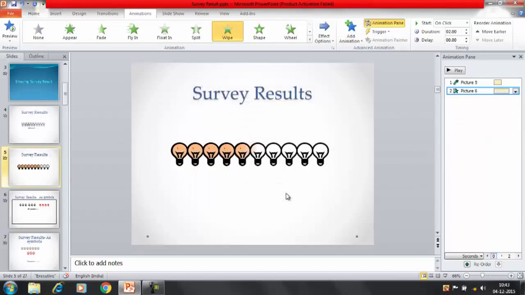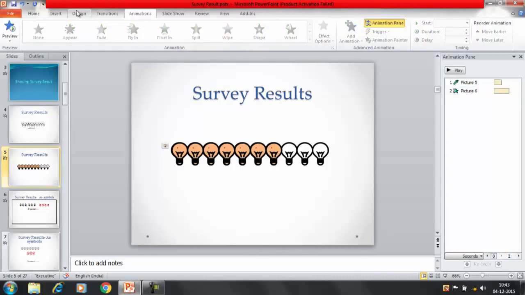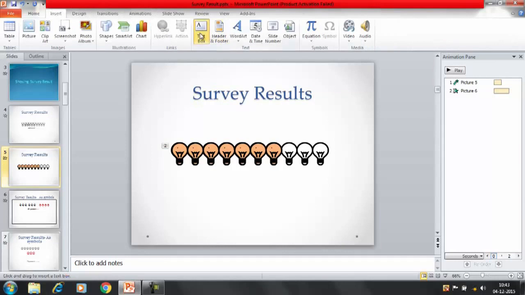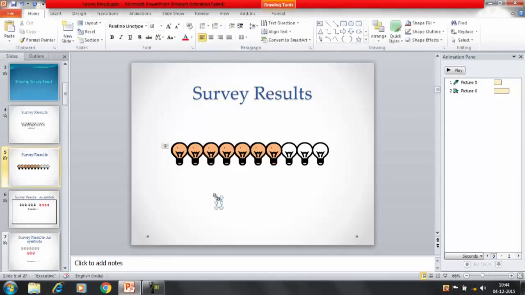Okay, so in this way. And now you can write the text here like 70%. You can insert a text box here and you can write here 70%, and you can animate it accordingly.